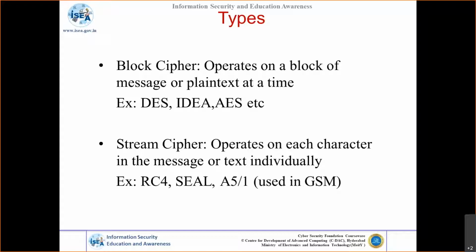Well, a stream cipher will not wait for the entire block coming from the frame, whether it's an audio frame or a stream. It will just go character by character, quickly apply the encryption and then push it, so that you can quickly get back the original data and there are no delays that would affect the application behavior. RC4, SEAL, and in the GSM protocol A5/1, like that. These all come under the stream ciphers.